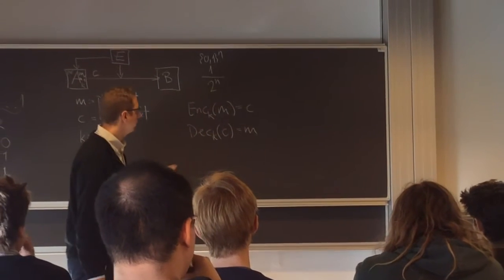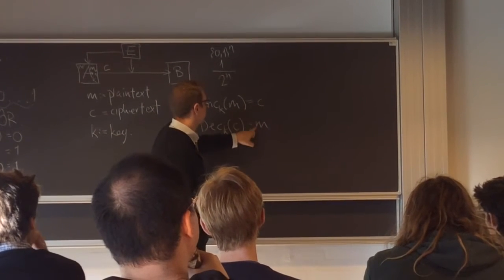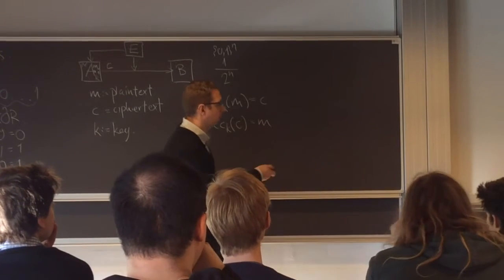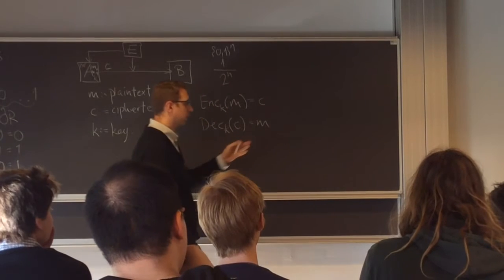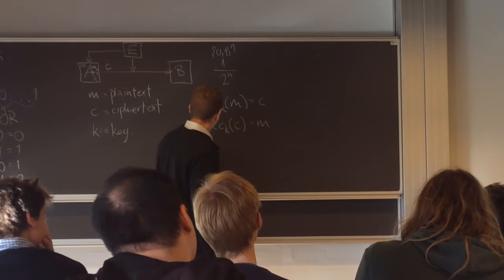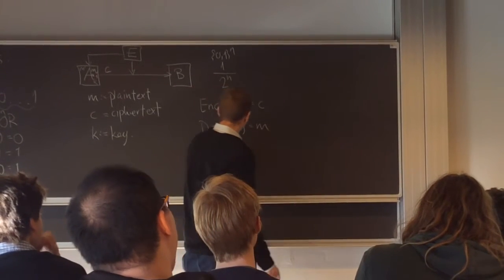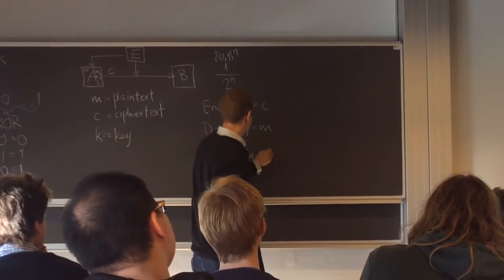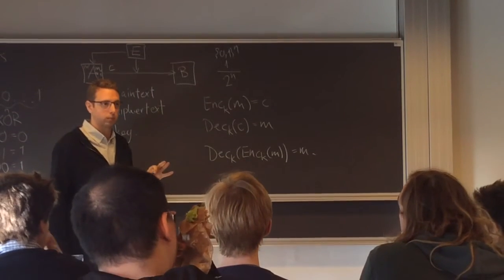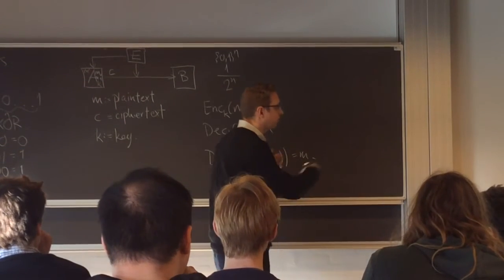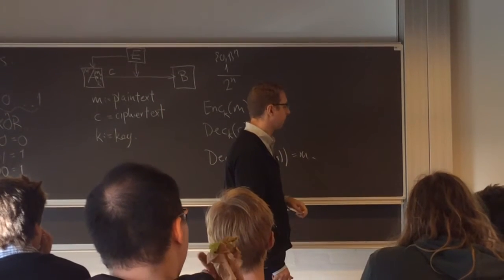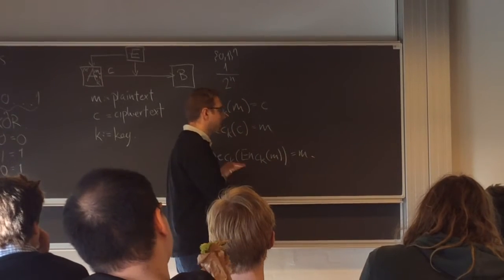And there's a point in the fact that these are definitely either C or M, and this is definitely in the message space or in the ciphertext space, because we have something that we call perfect correctness. And perfect correctness simply states that we have a kind of bijective correspondence here. So that if I decrypt using the key K something encrypted using the key K, then this is going to give me the message M every time. Later we have that the ciphertext space could be larger, so then we don't necessarily have the same thing, but I'll get into that when we get to it. And so with probability 1, basically this always happens.